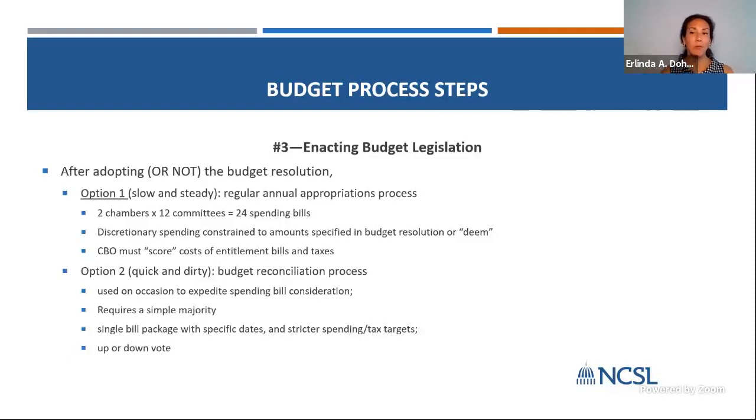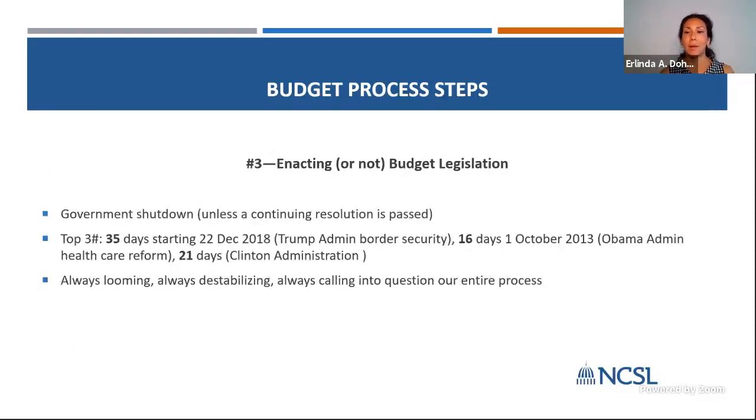All right, so if a budget doesn't get passed in time by the end of the fiscal year, well, what happens? And we've become very familiar with this, sadly. Government shutdown, unless Congress has decided to pass a continuing resolution, which basically funds the government at the levels of the previous fiscal year's levels. And we've had several occasions, sadly, again, of these government shutdowns, with, I've listed the top three here,